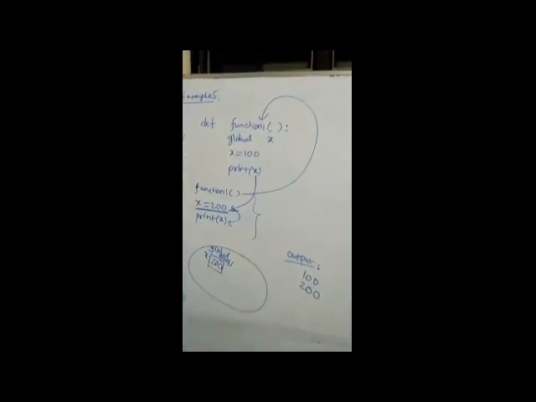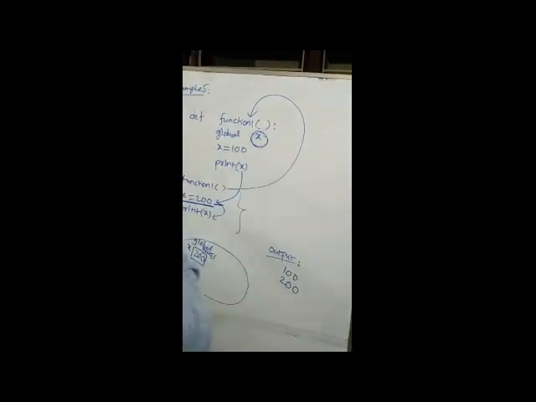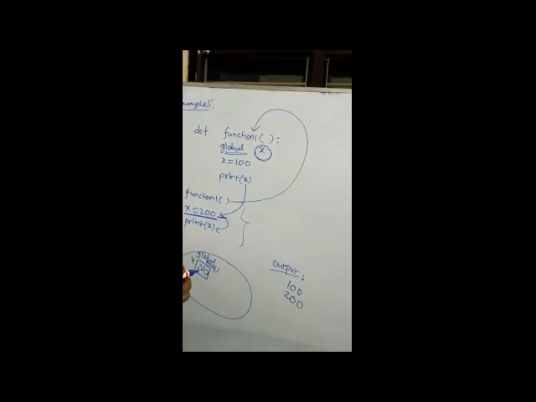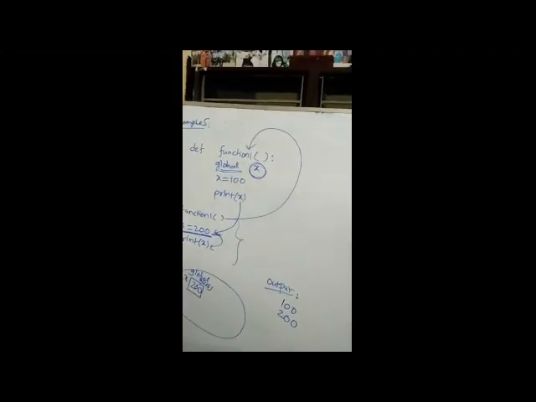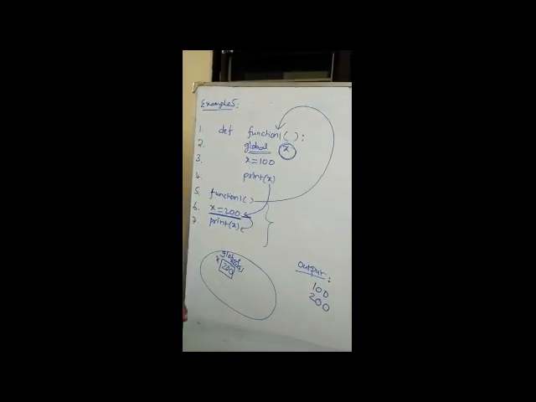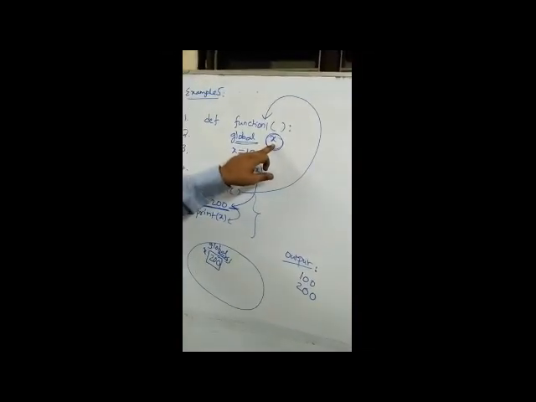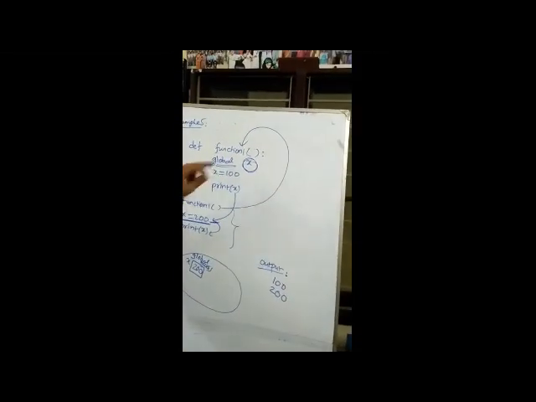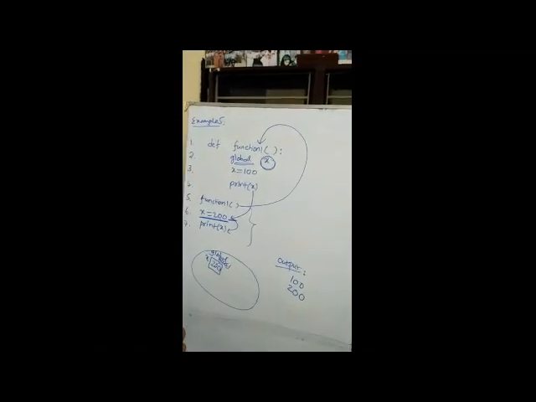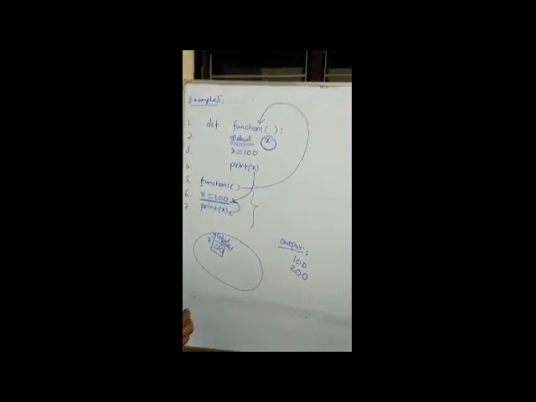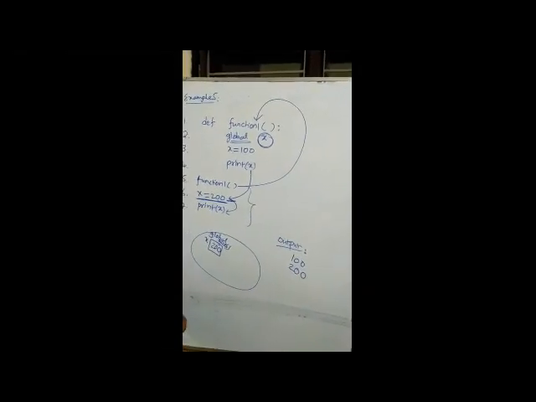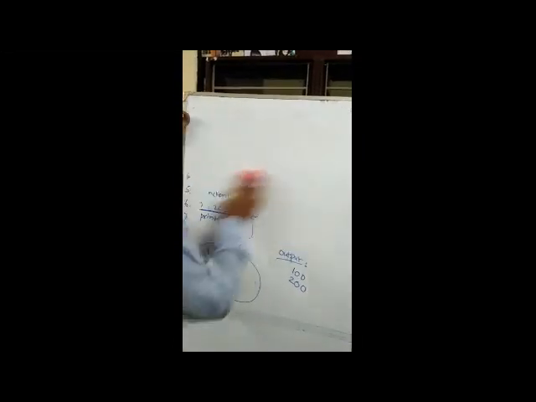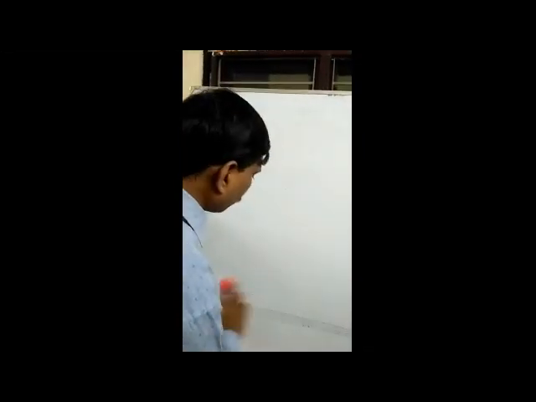In this way, one local variable x acts as a global variable with the global keyword. So the global keyword is useful in a function definition. All the local variables can act as a global variable when you use this keyword. This is the concept of the global keyword in scope of variables. Finally, we discuss the syntax of the global keyword.